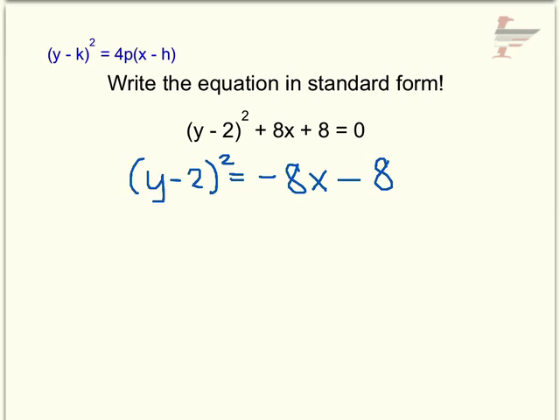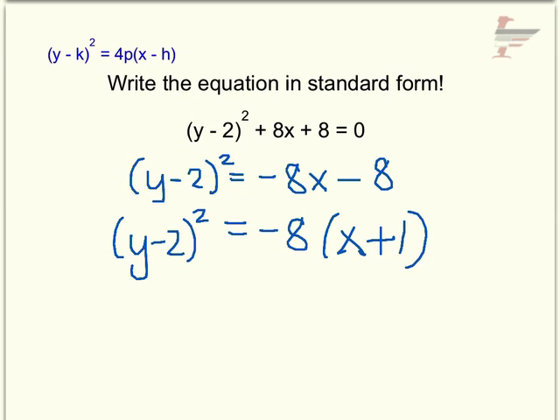Then note that I have a 4p and then a parenthesis. Well, I don't have a parenthesis here, so I'm going to factor out what I can. Obviously I can factor out an 8 or a negative 8, and I'm going to take out a negative 8, probably for obvious reasons, so that my x will be positive. So x plus 1, that will leave me with